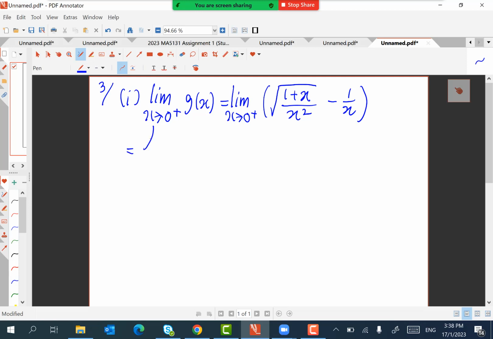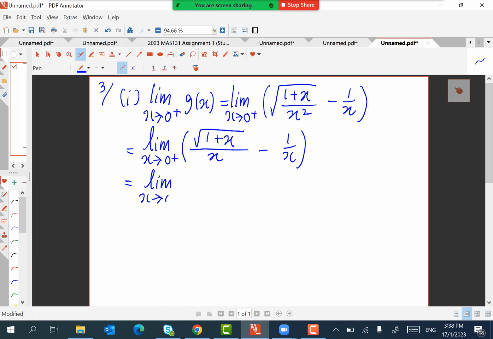Okay, because you're approaching x from 0 plus, means approaching 0 from positive values, on the right side of 0, I can then rewrite this thing as like that. And now this becomes